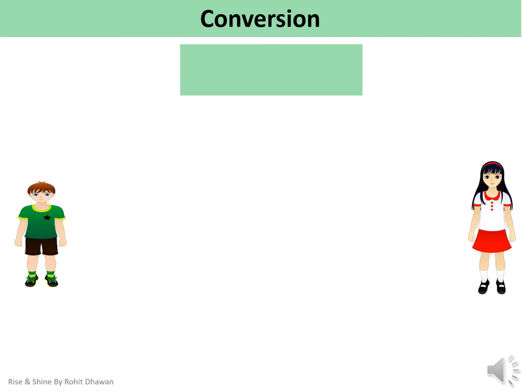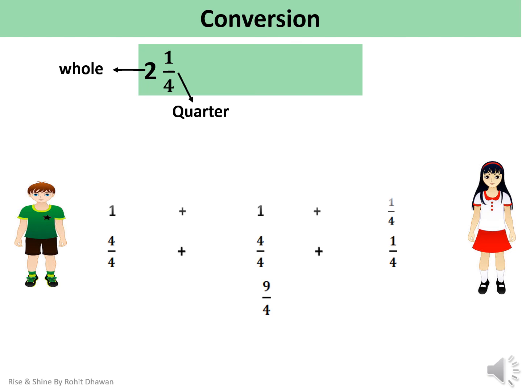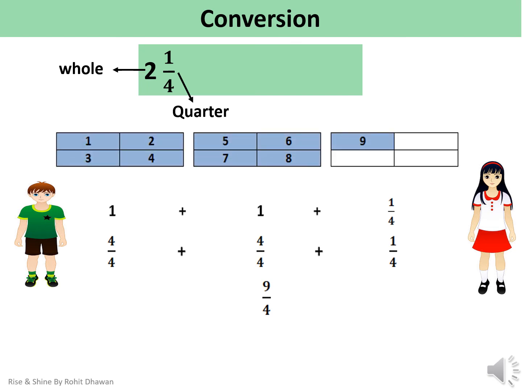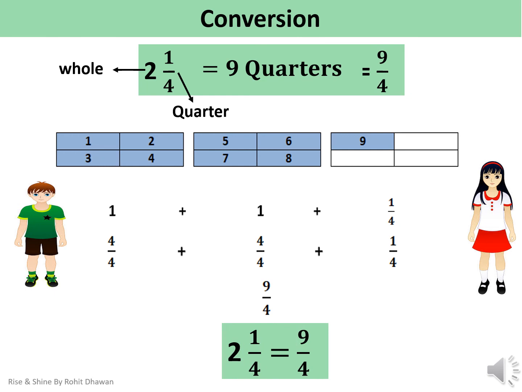Let us understand this using these figures. Consider a fraction 2 1/4. It is a combination of whole number 2 and a fractional part 1/4. We can represent this fraction in the following manner. On observing it closely, you will find that this figure actually represents 9/4, which can be written as an improper fraction 9/4. Hence, the mixed fraction 2 1/4 after conversion becomes 9/4 in an improper fraction.